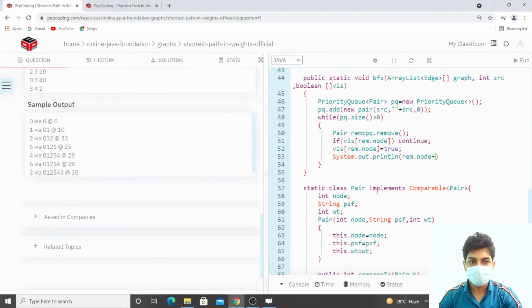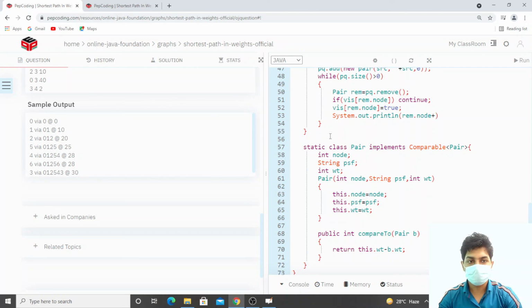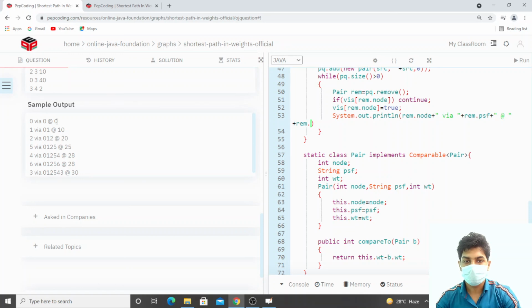So we have to print node, then some space, then via, then space, then the path so far, via plus remaining dot path so far, then at the rate, then weight, which is remaining dot weight.